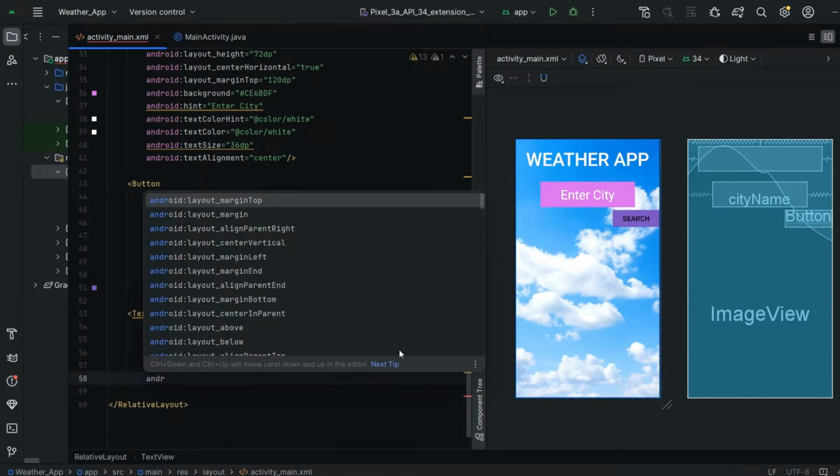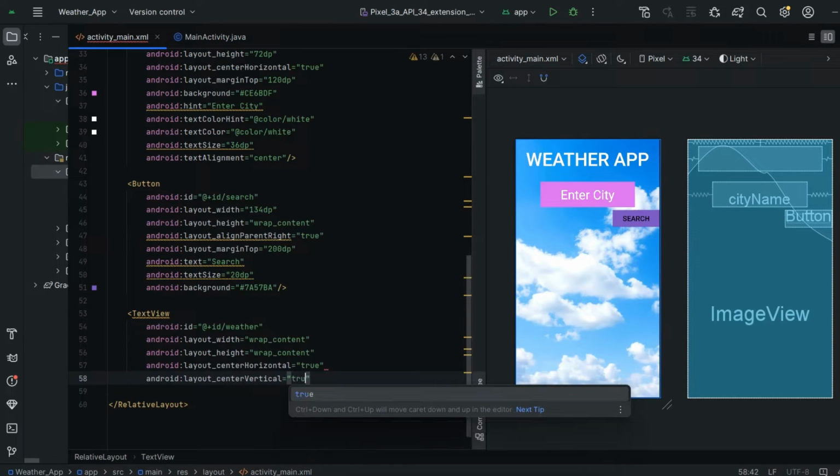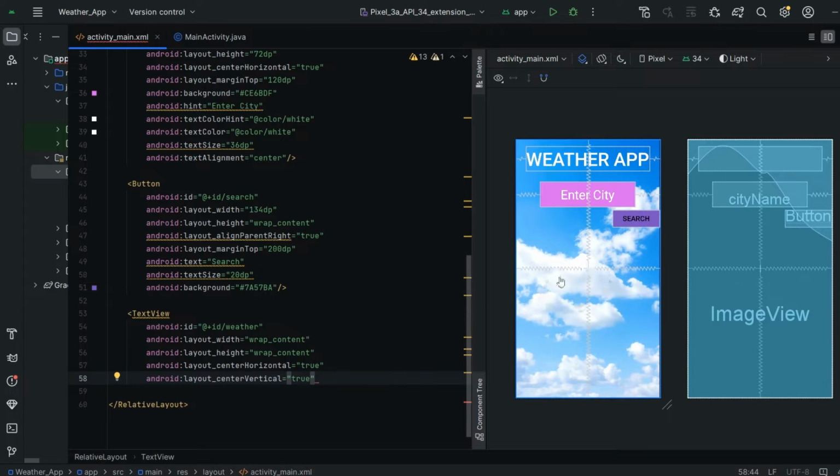Next, Android layout center vertical. I'm keeping those details at the center of our app, guys. So for that, I'm giving vertical and horizontal center. So here I'm giving layout vertical true. Okay, now all our weather details will be present at the center.